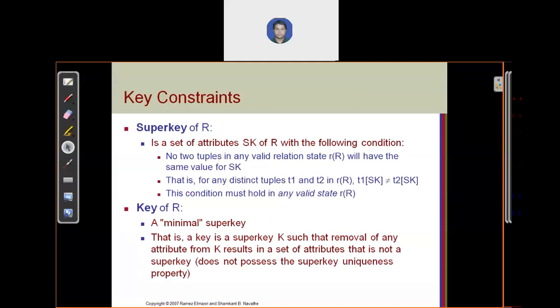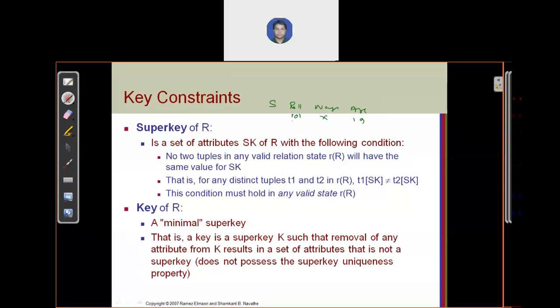Key constraint says that each tuple in a relation must be unique. There are no two tuples or two records that have the same value. Let me write. Consider there is one table, student, and the first column is roll number, name, and age. Okay, so first you store, suppose, roll number 101, name X, and age 19.